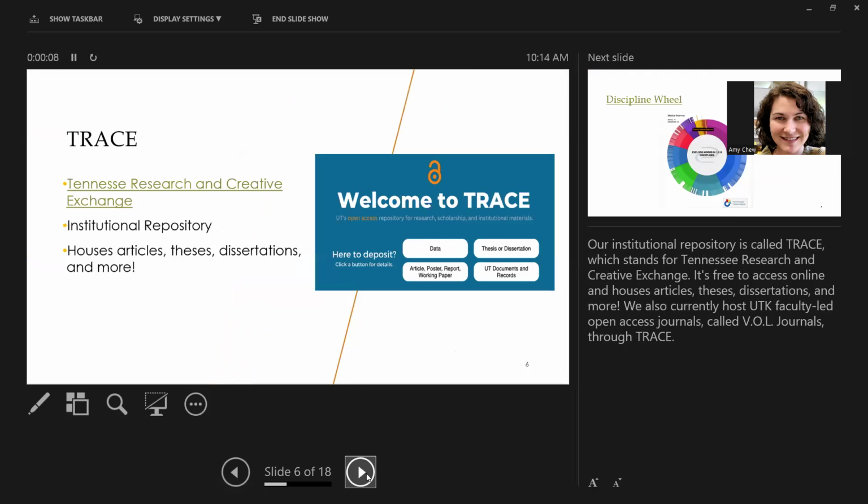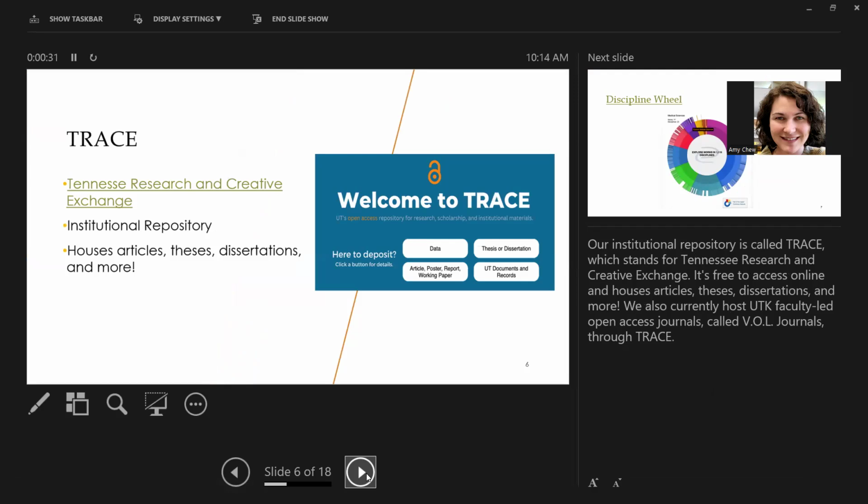So, as mentioned earlier, the University of Tennessee Knoxville does have an institutional repository where researchers can upload their documents. They used to be able to upload their data sets, not so much now because our repository is a little bit limited in what it can do. But we are hopefully going to move to a new platform soon where more things can be added.